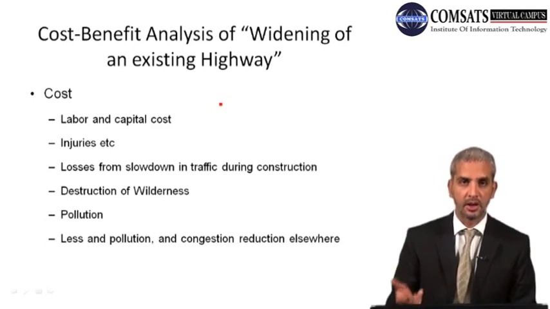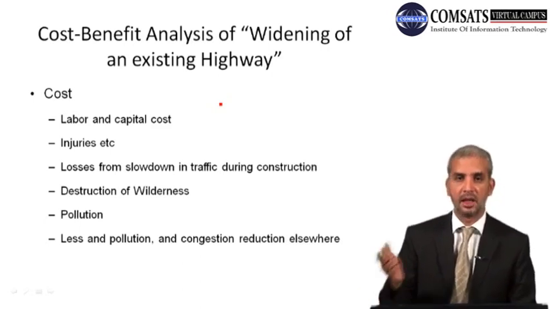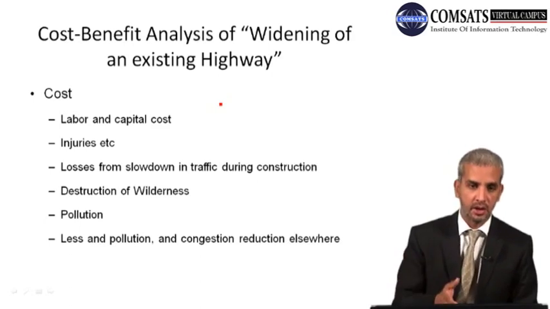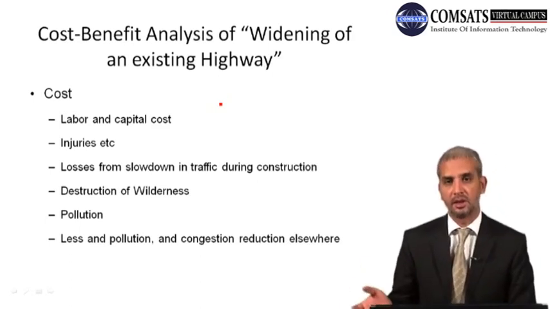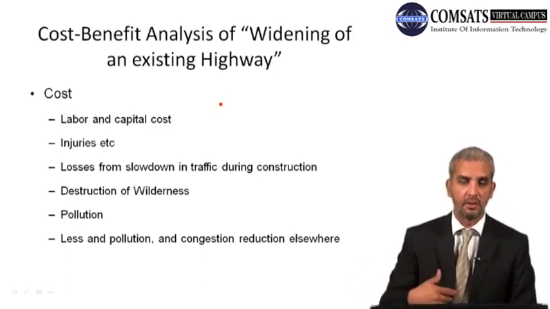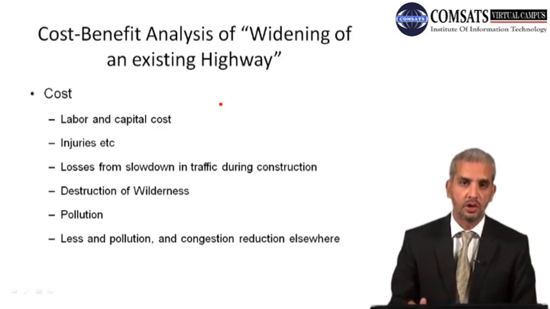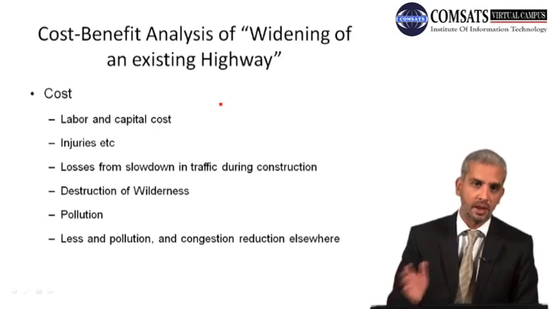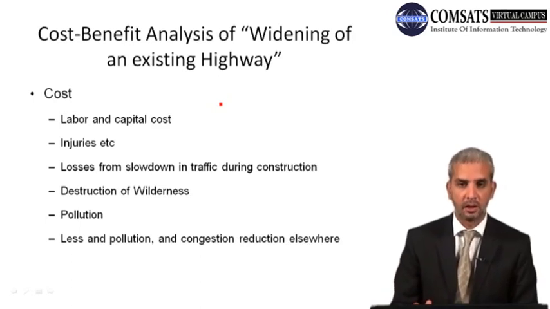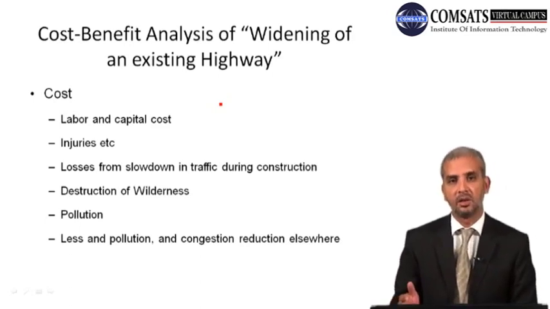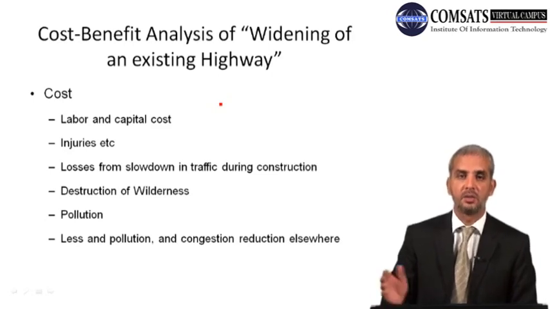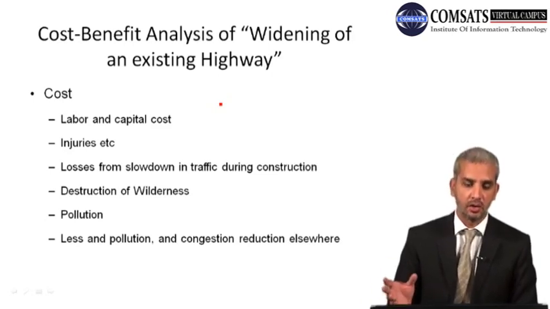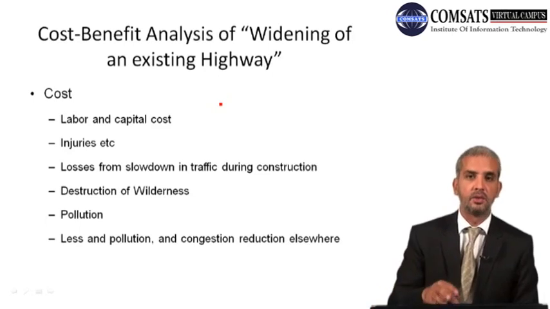Now, we need to consider reduction in cost on some other roads, because people coming from the other highways, if they were not using this highway before and were using some other highway for traveling between those points, on those roads the traffic congestion would reduce now. Because the people would be coming over here, there would be less traffic congestion in those areas, and there would be less pollution in those areas. So that also is required to be accounted for in the total cost.